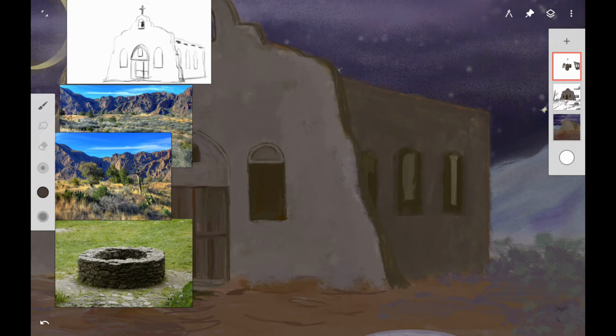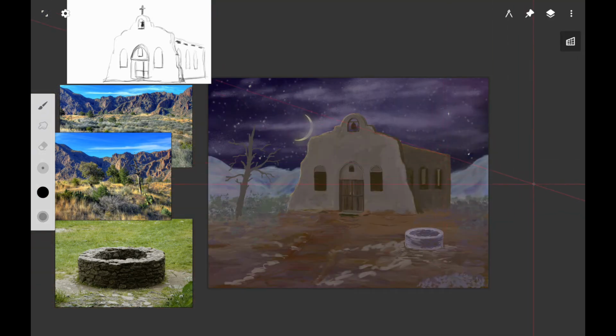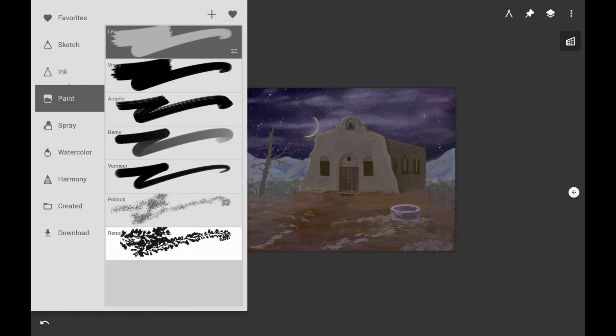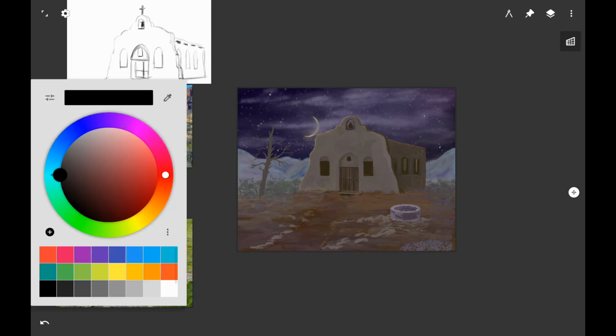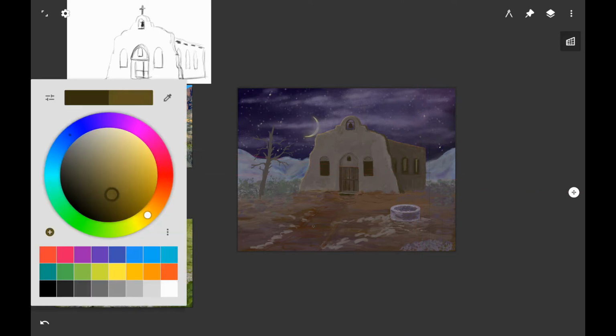Again, we want the rough adobe looking texture on the whole church, so I just want to go ahead and add that on there. And then here I want to go ahead and line up the bottom of the windows. And so take your perspective guide or your ruler if you're following along traditionally and find your original vanishing point. Make sure that it's the same as the roof and the bottom of your mission there,